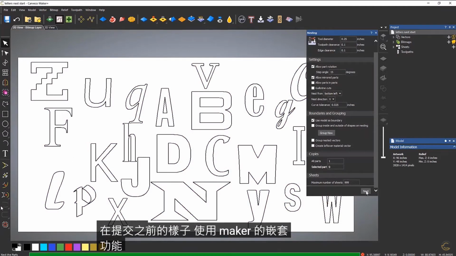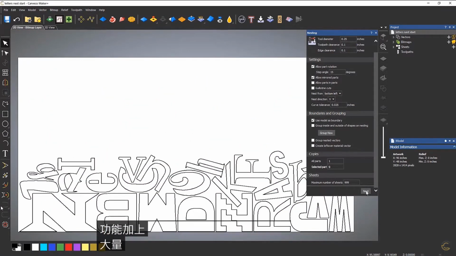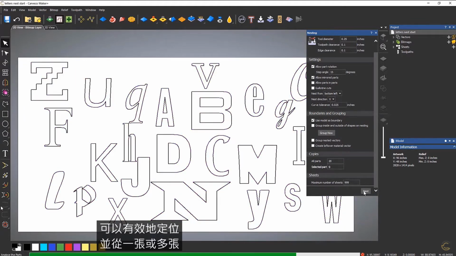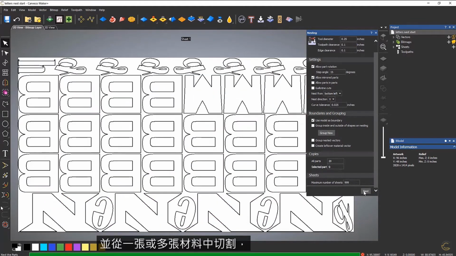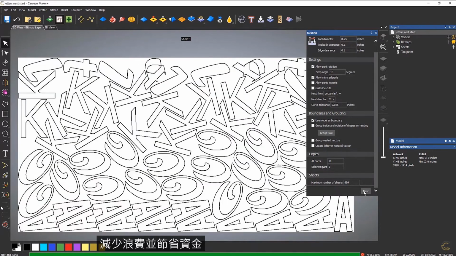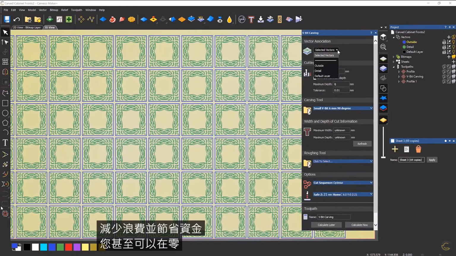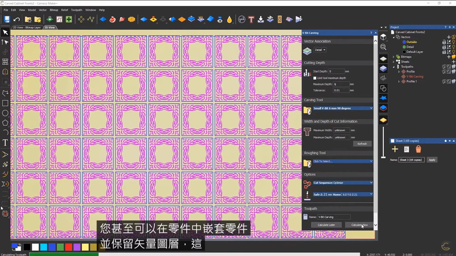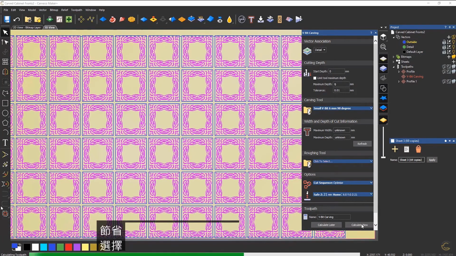With the nesting feature of Maker Plus, large numbers of letters or shapes can be efficiently positioned and cut from one or multiple sheets of material, reducing waste and saving money. You can even nest parts within parts and preserve vector layers, which helps save precious time when selecting what is